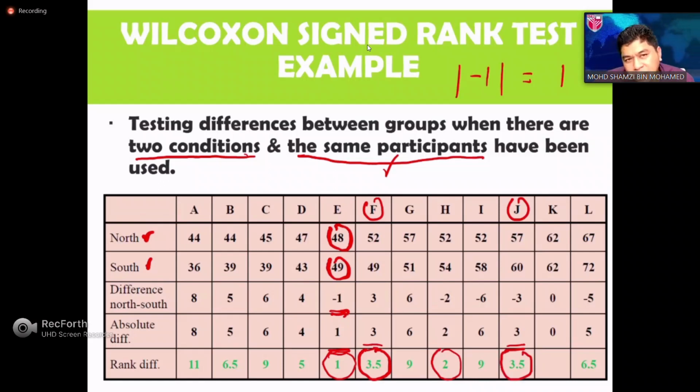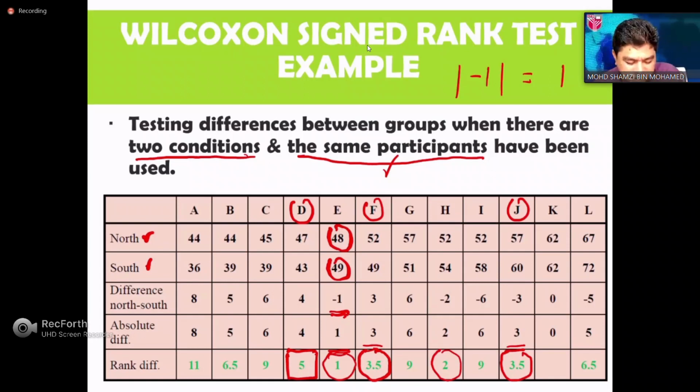So meaning 3 and 4 are no longer number 4. Both occupy 3.5. Because 4 is vacated, no specimen occupies number 4. So the next logical rank will be number 5, which is D. Number 5. So that's why you have 5 here. And then